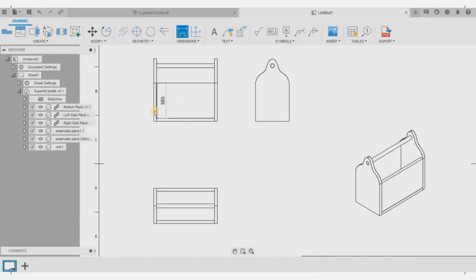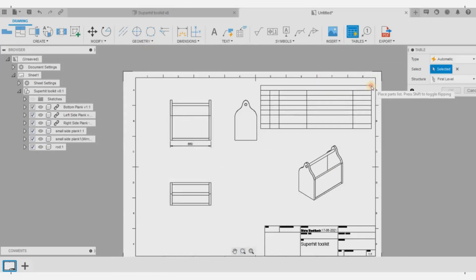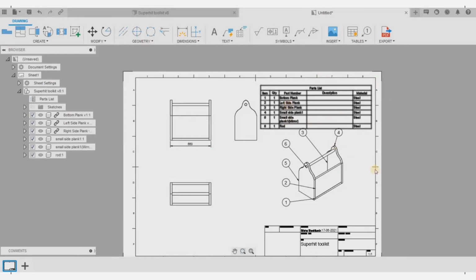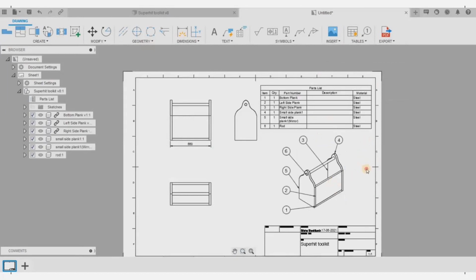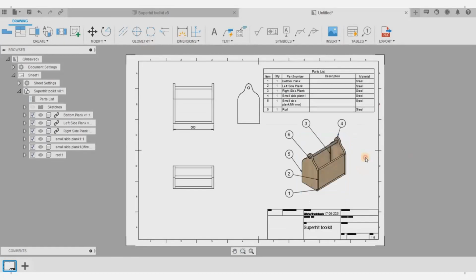This you might have created using so many other options in AutoCAD and even using your drafter, but it is so easy. If you have a 3D model, you can very easily create its drawings in Fusion 360. I'm also able to create the bill of materials, which means the material, whatever is there, all these things can be shown in this bill of materials. So the parts that are involved. So I'll also be able to show this as a real image, right?